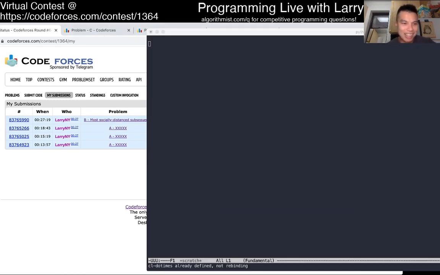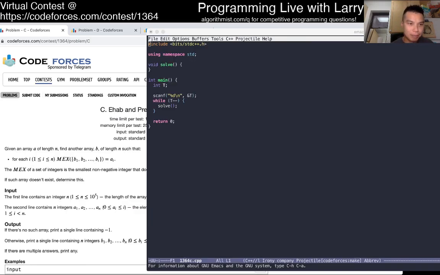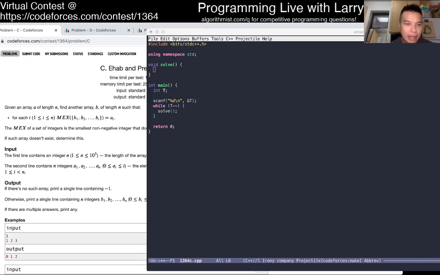So yeah, I got this one in 9 minutes, way faster than my A. It happens. Okay, and a lot of that was reading. Given an array A of length N, find another array B of length N such that max is minimum excluding... Yeah, okay.